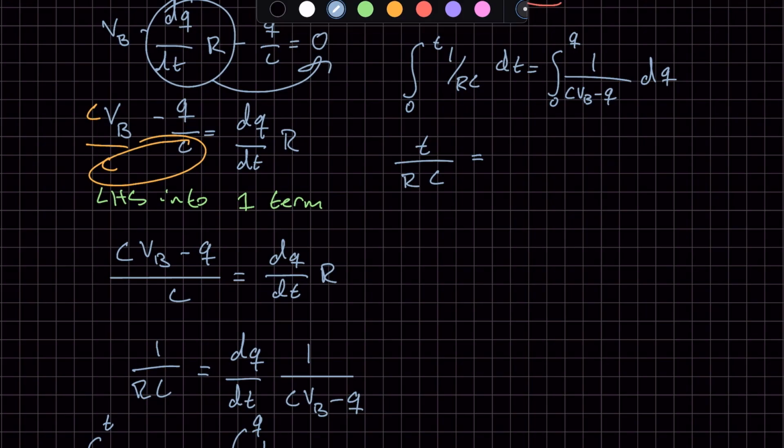To make it simpler, we can do 1 over u, where this is all u, times the derivative, which is just 1 in this case because it's in terms of Q. And like we said last time, any derivative where it's just one variable with 1 as its coefficient is just 1, but there is a negative in front of it. So the integral of 1 over u is ln, but there's a negative here. So we have negative natural log of (C V_B minus Q)